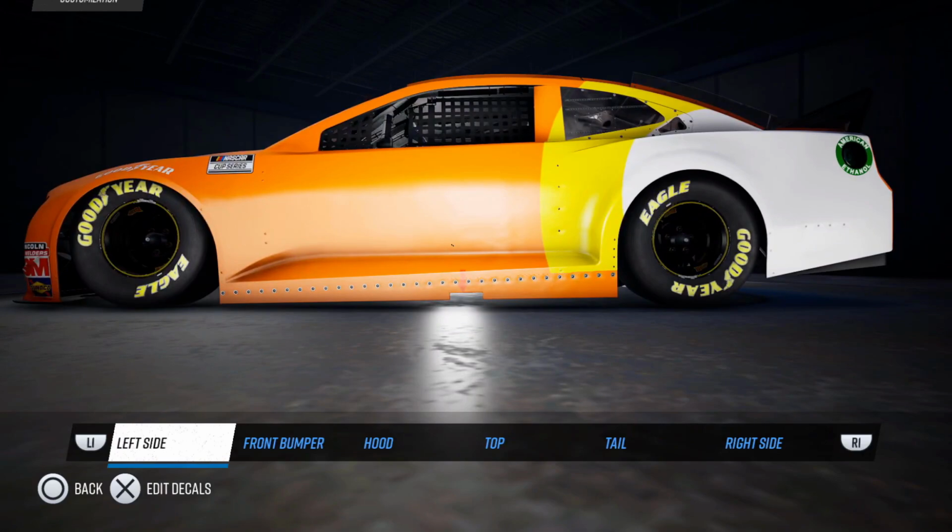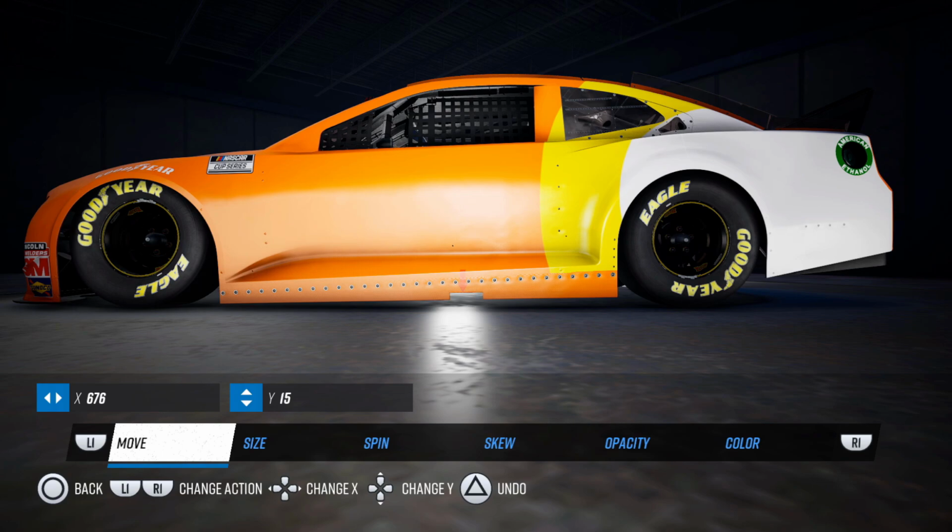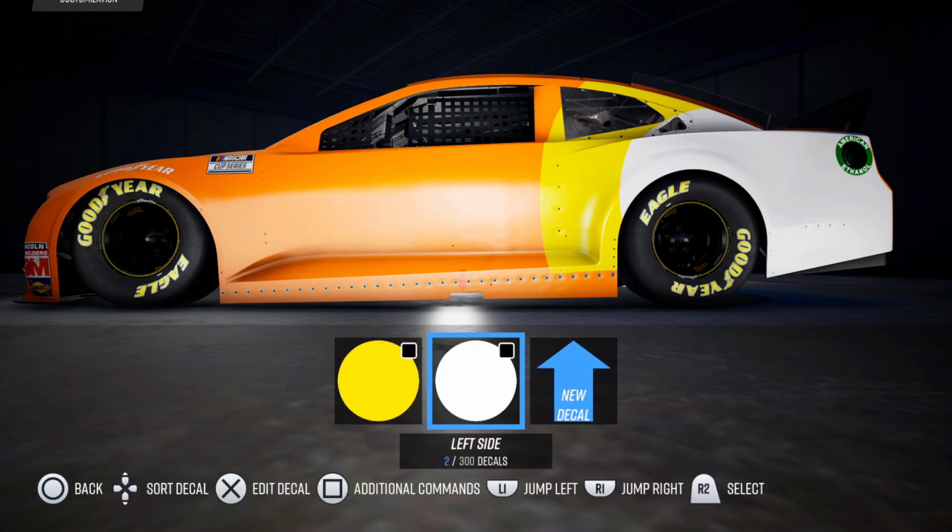Alright, so the first thing I think we should work on here is the number, guys. Now this number is not too hard to make whatsoever, and as you can see right here, I went ahead and just added the white and yellow circles. That's what you've got to do to get the paint pretty much done. Get 2 big circles, make one of them white, make one of them yellow, and put the yellow under the white. As you can see, here's your white. You want that white to just touch where that eagle is sitting for the Goodyear tire